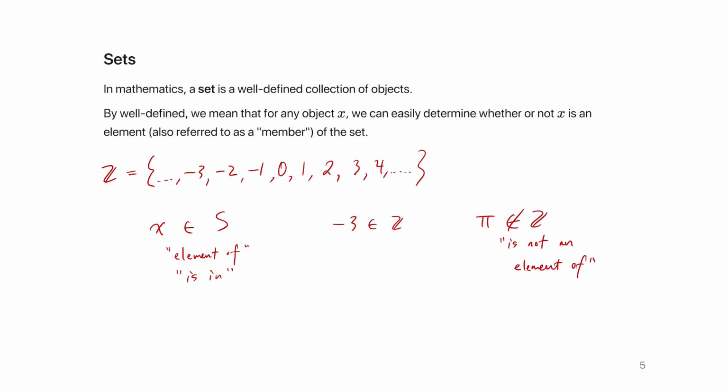Is that okay? So sets are made up of elements or members, and they're well defined, so we can tell if any member or any object is in the set or not. Yeah? Good question. So in sets, we usually care only about unique items. Good question. So in a set, and we're about to talk about the cardinality of a set, which talks about the number of elements in a set, we only care about unique elements.